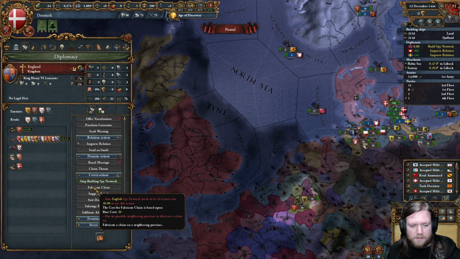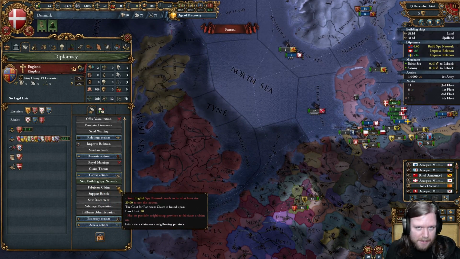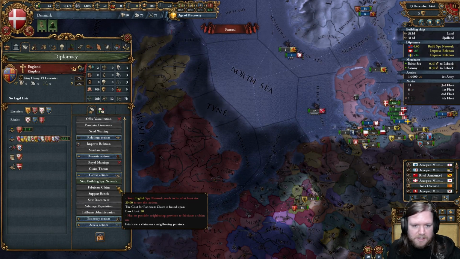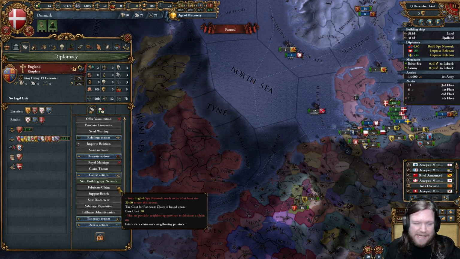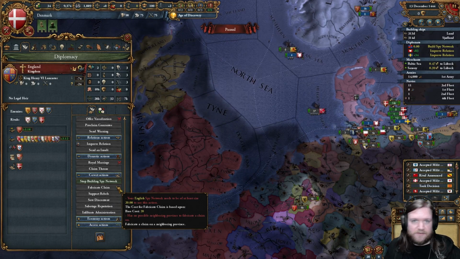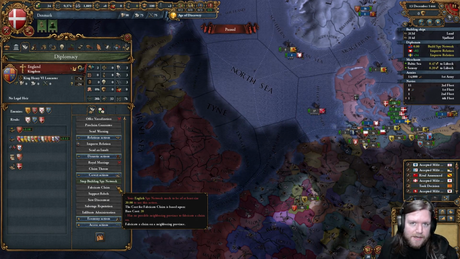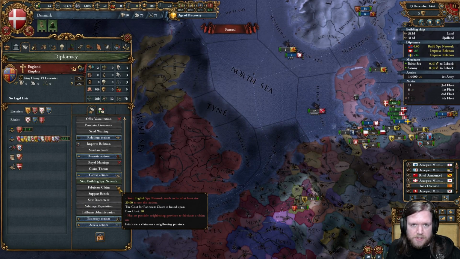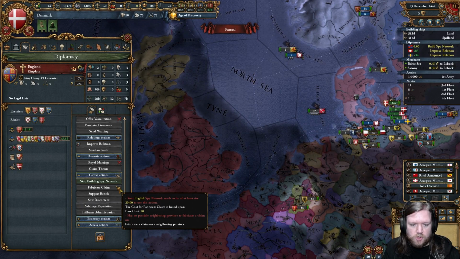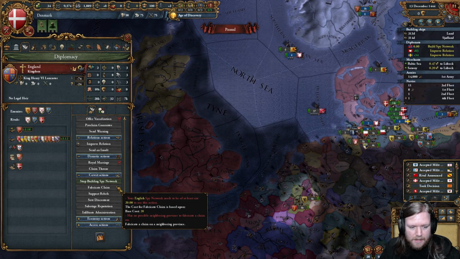Now, the important one of these to know about is Fabricating Claim. This is if you are planning a war against somebody and you want to get some expansion going, you will require a casus belli, which is Latin for cause for war or justification for war. So if you fabricate a claim with a nation, which will usually require 20 spy network points, so for every claim that you have on a country, that cost will go up by 5,